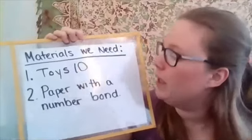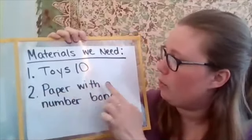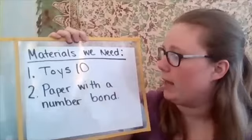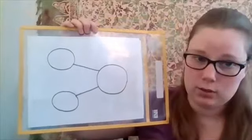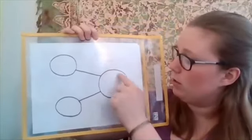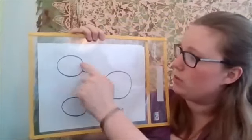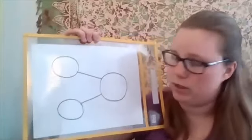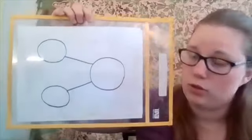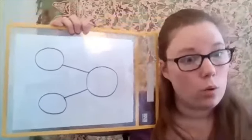All right. And number 2, you're going to need paper with a number bond. So what you're going to do is you're going to get your own piece of paper and draw on a number bond that looks like this. Okay. A big circle with one line going this way and another little circle, and one line going this way with another circle. Okay, so you can go ahead and draw that on a paper or your whiteboard if you're going to use that. Okay, so you can pause this video and grab the stuff that you're going to need